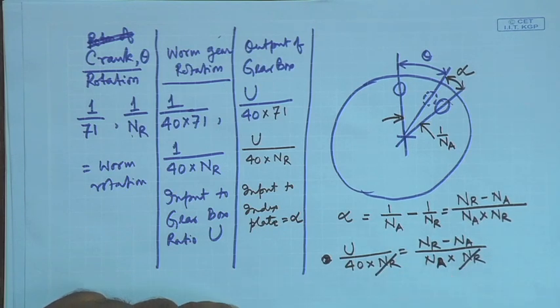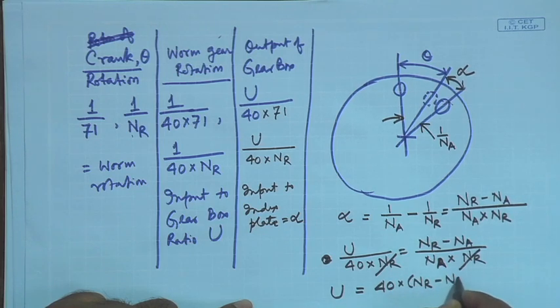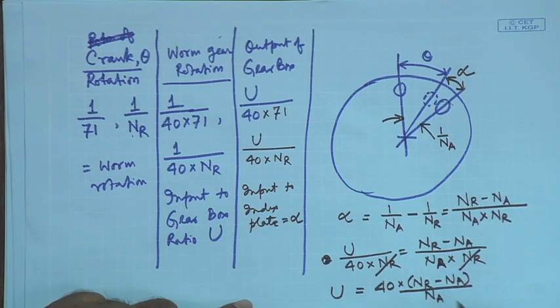Cancel this out and you get the relation U equal to 40 into NR minus NA by NA. That is it. So the value of U has been exactly calculated, and therefore, if we come back to the figure once again,